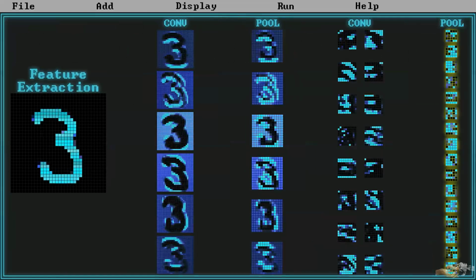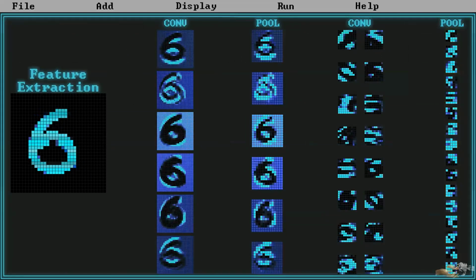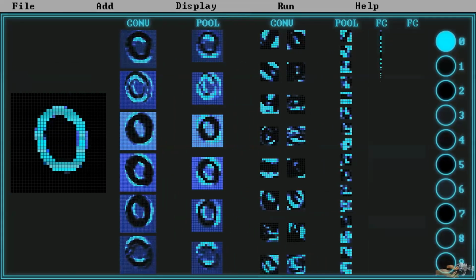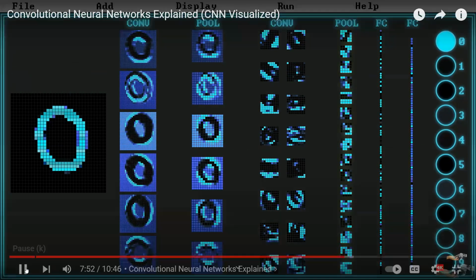At this point, with the features extracted, we still need to be able to classify them, hence the second part of a convolutional network, the classifier. This part is comprised of fully connected layers, similar to a feed-forward network, except now our input to these perceptron layers are a high level of